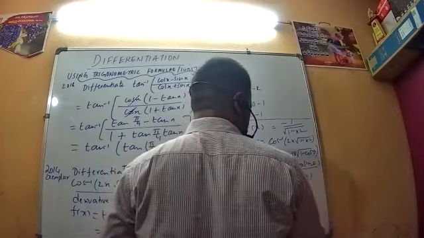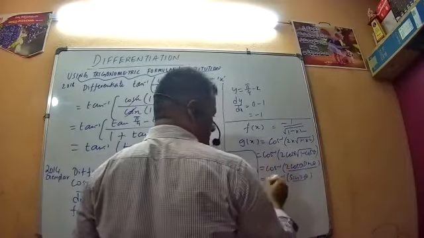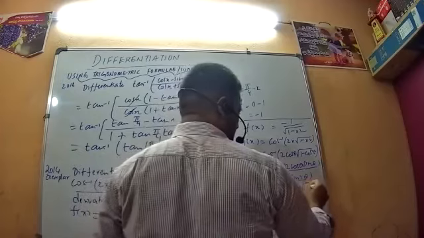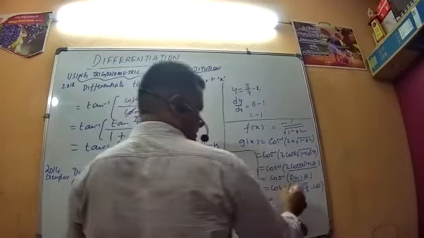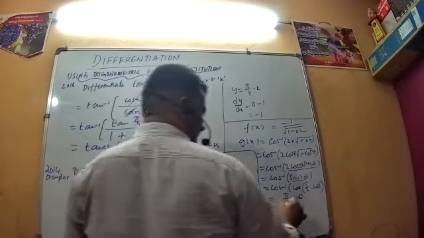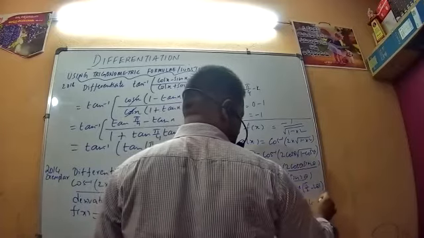2 sin theta cos theta is sin 2 theta. Again, here cos inverse is there, here sin is there. So we need to write sin 2 theta in terms of cos. So cos inverse of cos of 90 minus 2 theta. So this will be, yes, pi by 2 minus 2 theta. This is g of x. Again here, what is theta? Theta means cos inverse x.